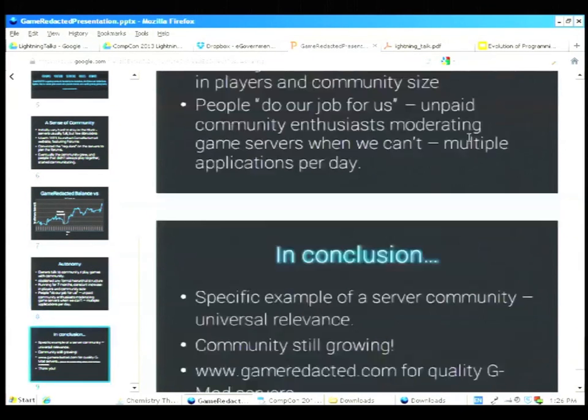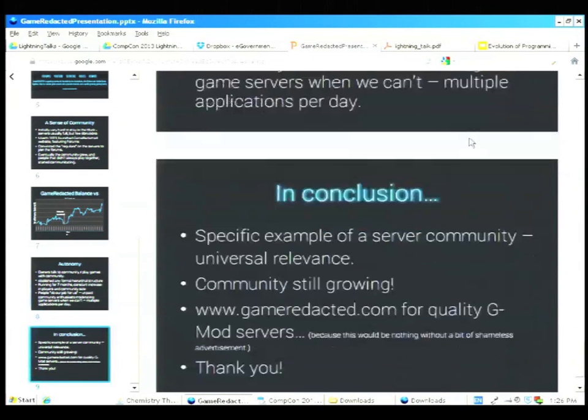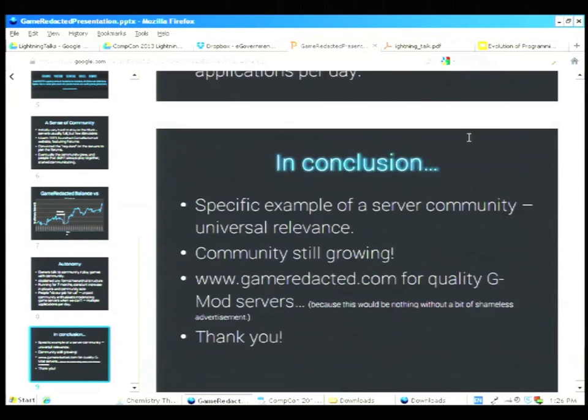So just to wrap up, since I'm running pretty close to the time limit. Although this is a pretty specific example of a game server community, I think it does have a bit of universal relevance within the software kind of computing world, because I feel like community is a very important part of